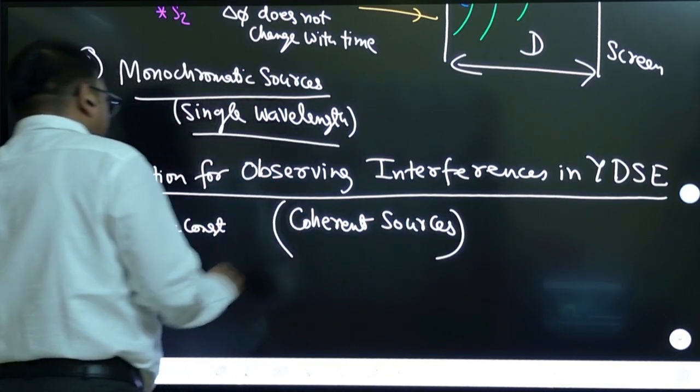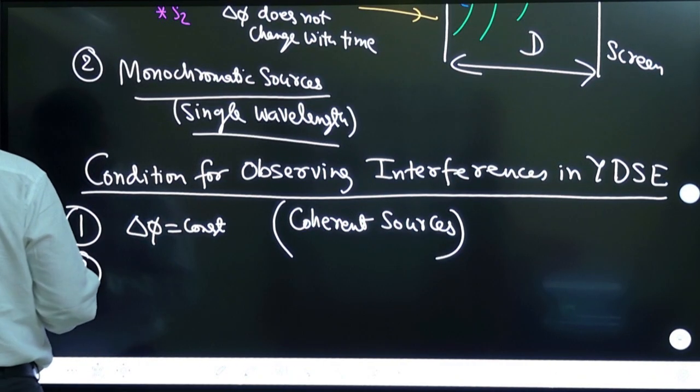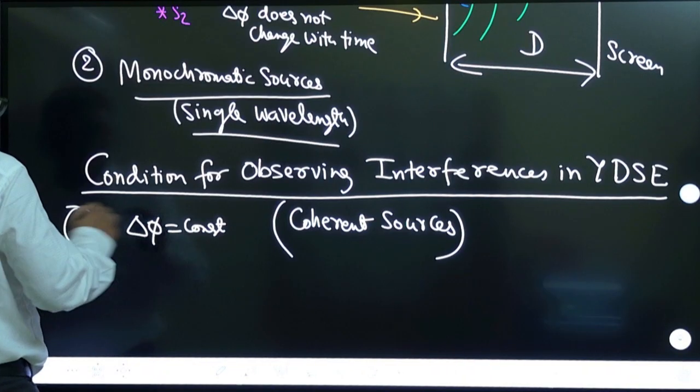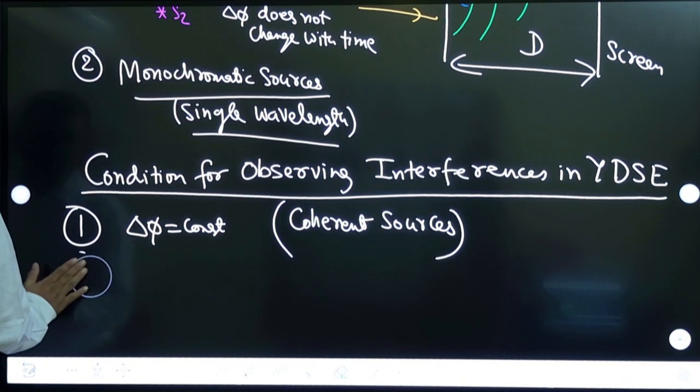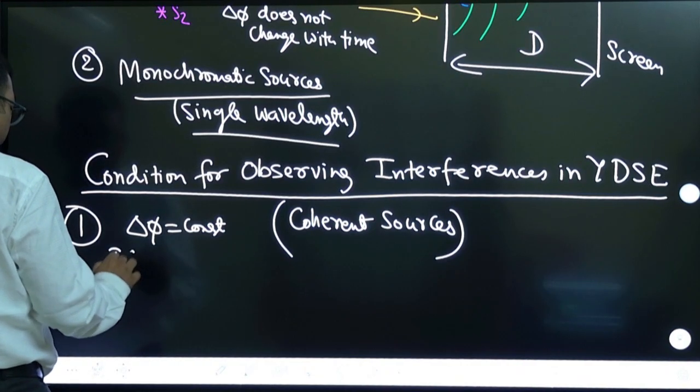Coherent sources. That's the first condition. Second, otherwise, suppose if the delta phi is not constant, then what will happen? If delta phi is not constant,